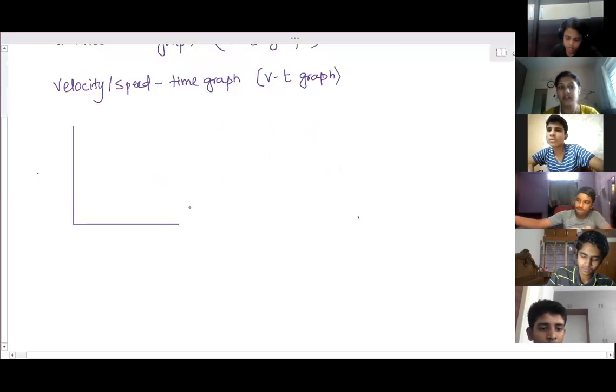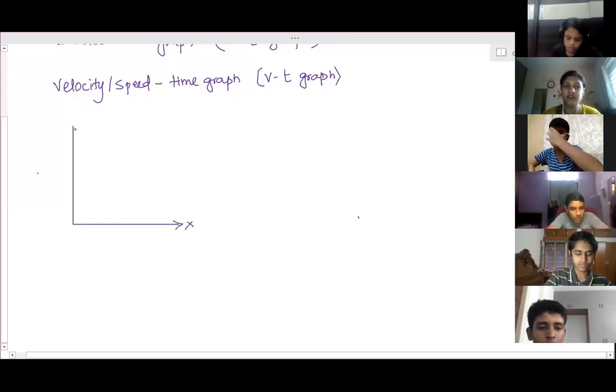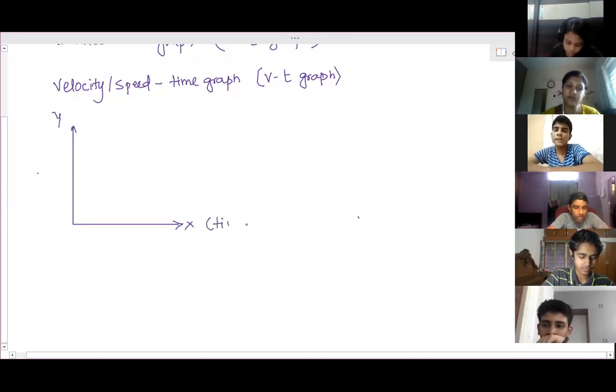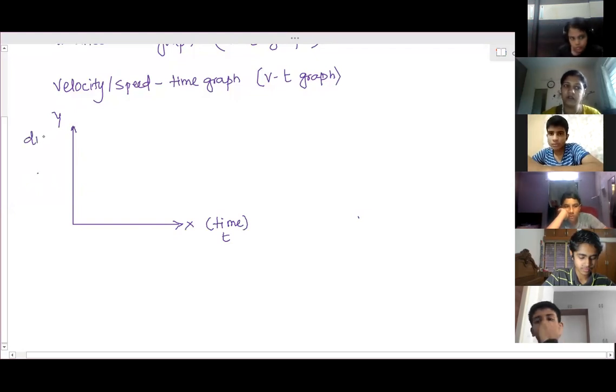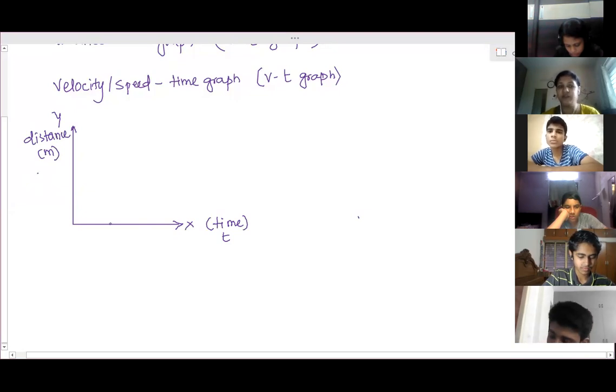So when we draw the graph, this is our x-axis and this is y-axis. So on x-axis, we have to take the values of time, t. And on y-axis, we have to take distance covered. Distance covered in meters. So when we draw the graphs for different values of time, for different time periods, whatever the distance covered, if we mention and we draw the graph, then that is called as distance time graph. Clear? So in distance time graph, we are showing at different time durations, whatever the distance covered.